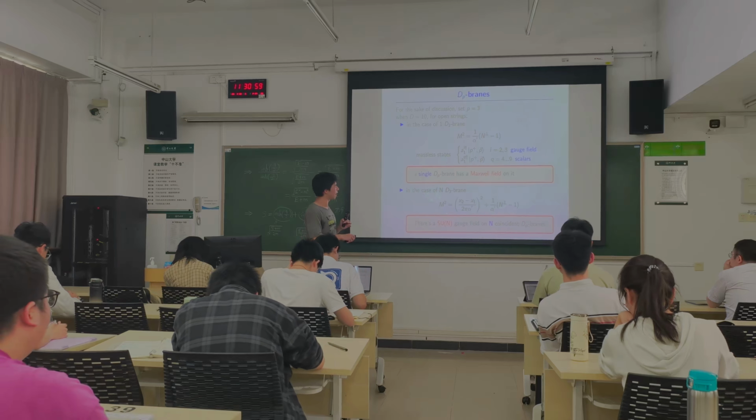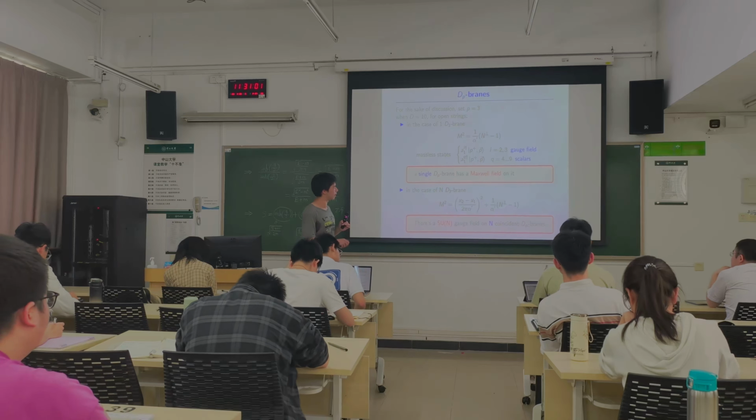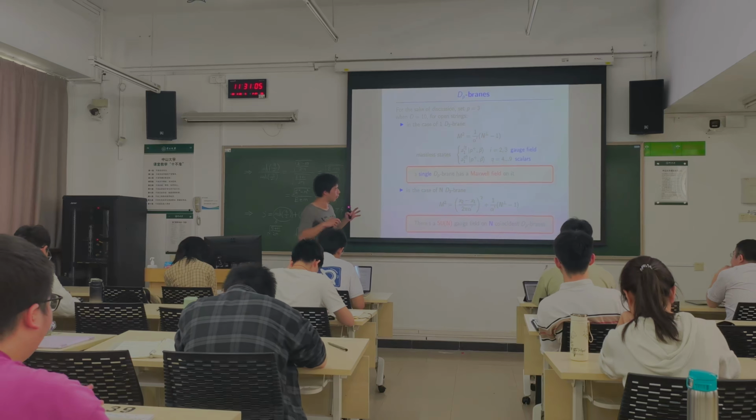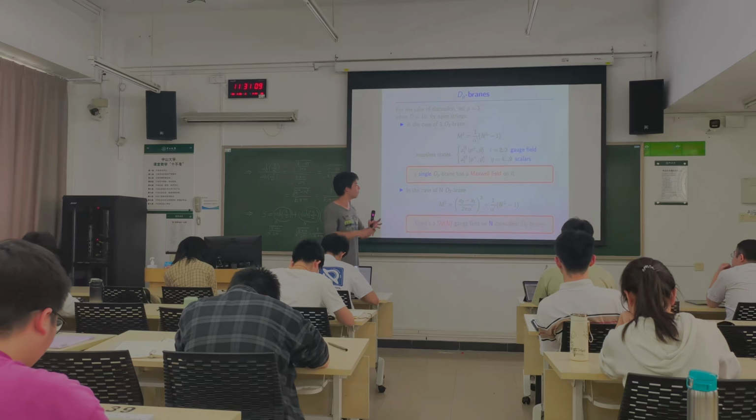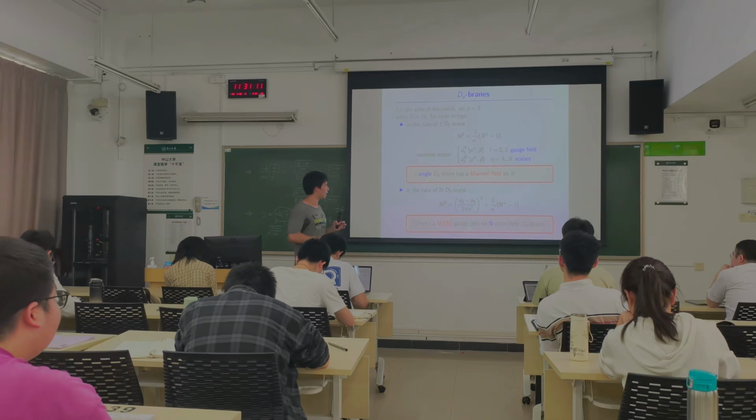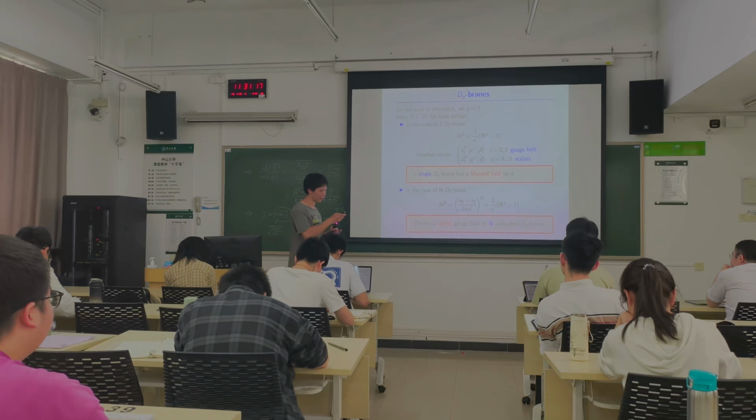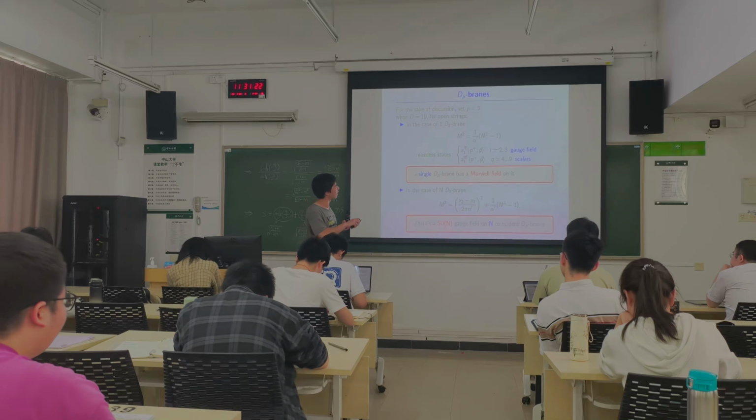And if we consider N D-branes, we have a mass spectrum like this. This is like the interval between two D-branes. If they coincide, which means this equals 0 because they are just bumping each other, there won't be any space between them. And you get to see that it actually contains an SU(N) gauge field. I don't know how to say this. You have a D-brane, you have a string that starts and ends on it.